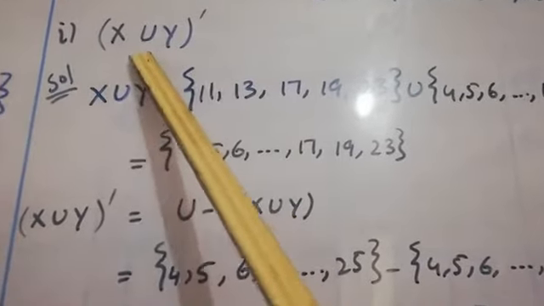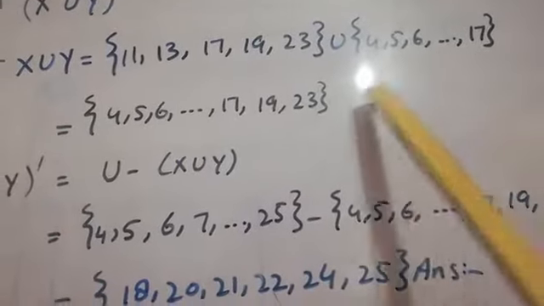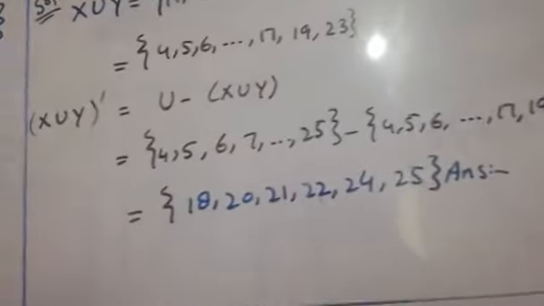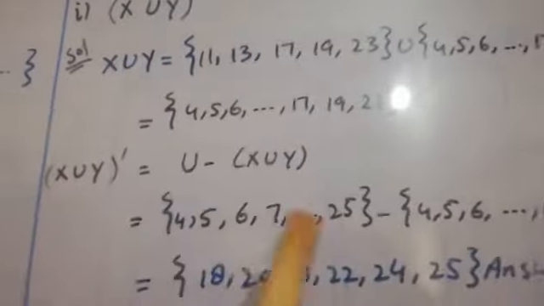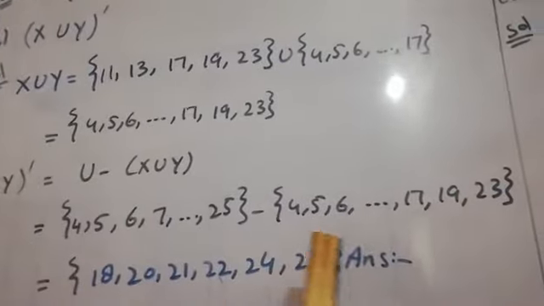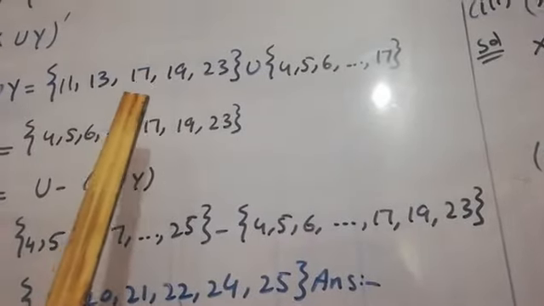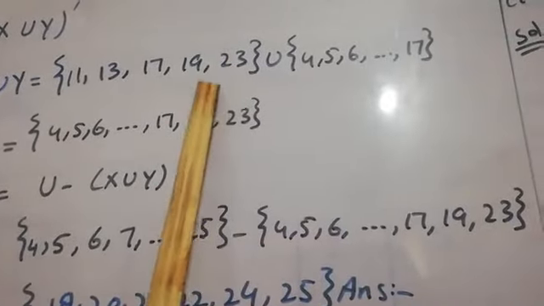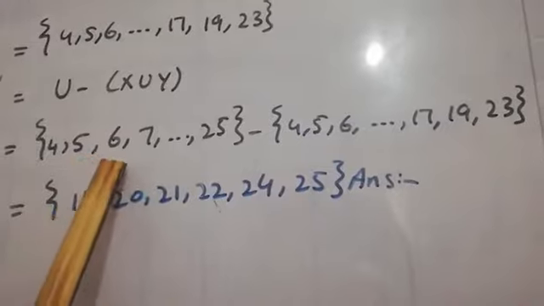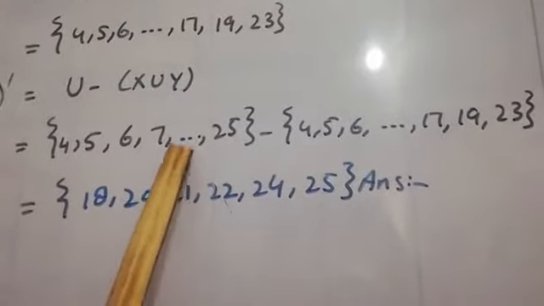So first of all, we will solve the bracket X union Y. Write the elements of X and the elements of Y. Since this is a union, we will combine all the elements, and then we will take the difference of X union Y from the universal set. The universal set is 4, 5 up to 25, and X union Y is 4, 5, 6 to 17, and then 19, 23. There are all numbers from 4 to 17, and then 19 and 23 are present in this set. So when we take the difference of this set from the universal set, we get the remaining elements